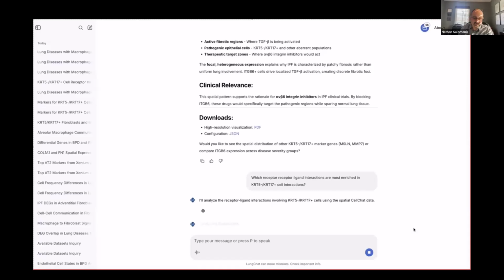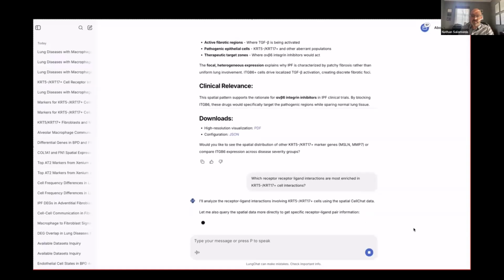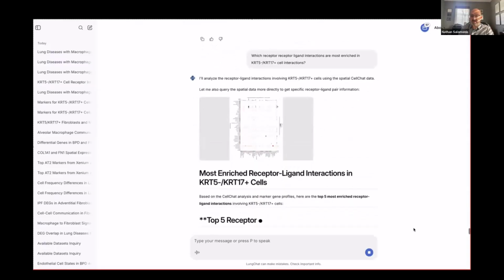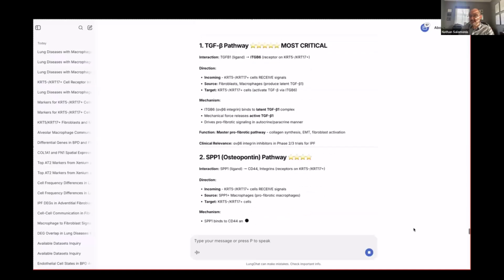There are plots you can generate that show the concordant enrichment of those cell-cell proximity-based interactions using a workflow called SquidPy in the background, and cell receptor ligand interactions using another workflow called CellChat. So the AI will basically be able to understand your query and generate various plots and interpret these results.